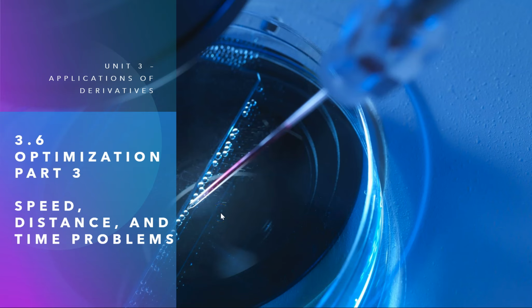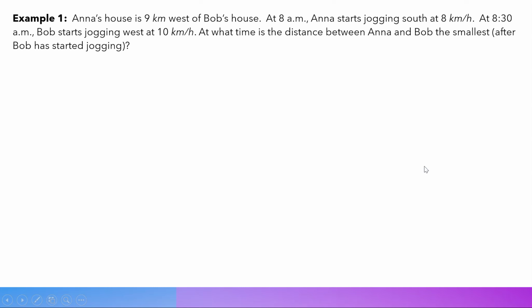Welcome to the last part of the lesson on optimization. In this part, you're going to see examples of speed, distance, and time problems. So let's start by looking at a problem that has to do with time